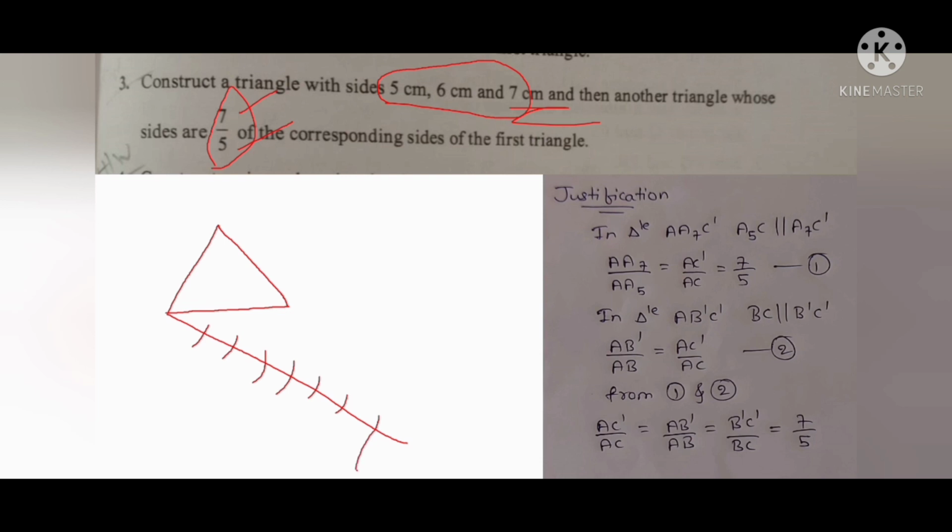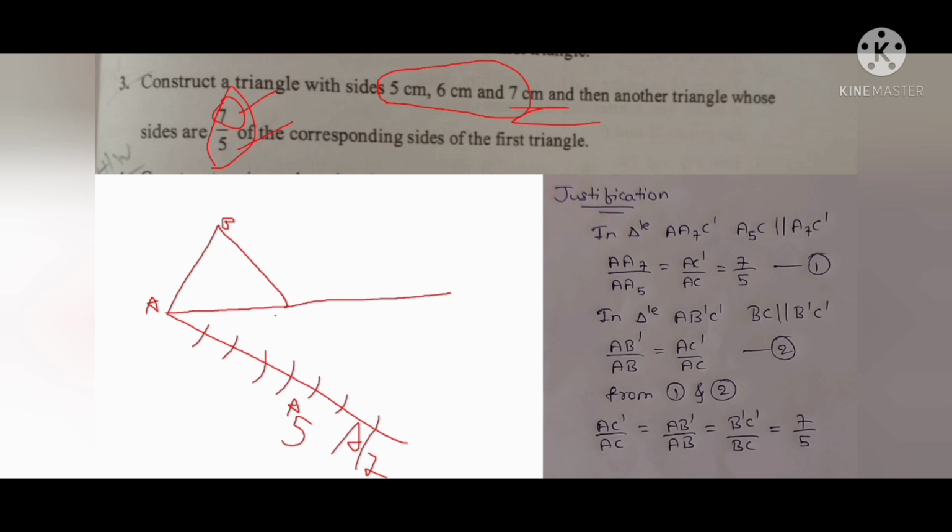So after making the arcs, we will name them A1, A2, A3, A4, A5, A6, A7 and A. Then in the first one, that is 7 by 5, 7 is in the numerator, it is the biggest number, so it becomes the larger side, correct? You can see that A5 and A7 are given, so I will write in short form. After that we will name the values A, B, C.